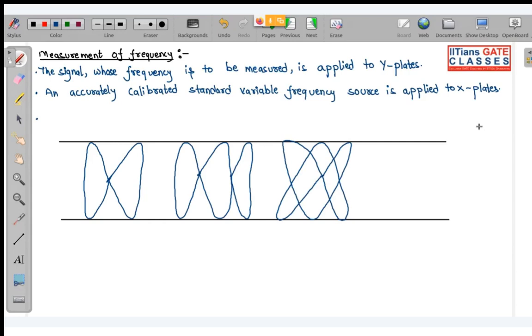There are formulas also. Fy is the unknown frequency. Fx is the known frequency. Basically, when we get this Lissajous pattern, we can calculate the number of horizontal tangents. These are the tangents. So the formula for calculating the unknown frequency is: